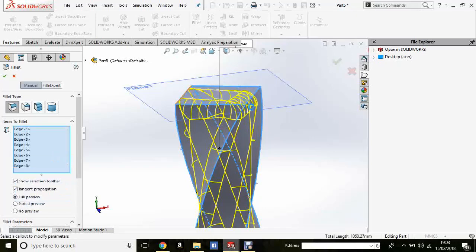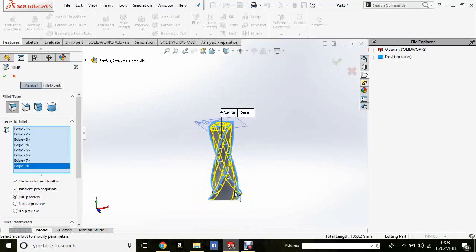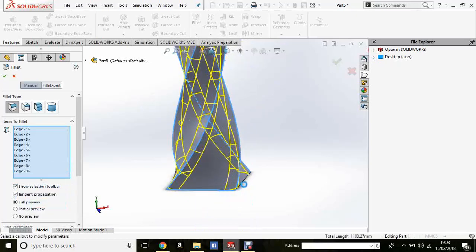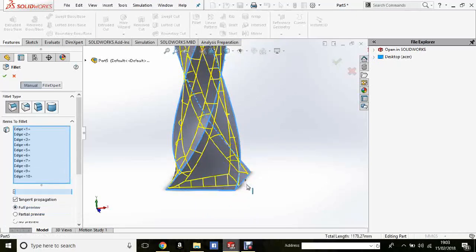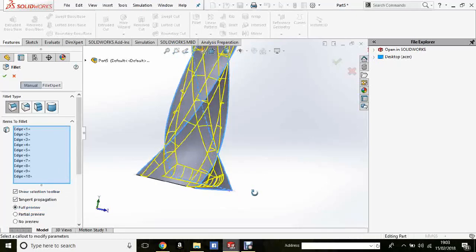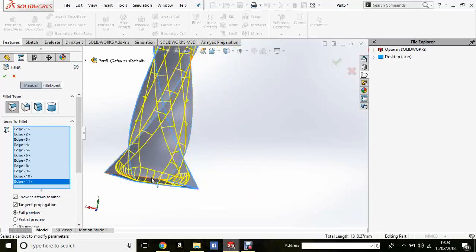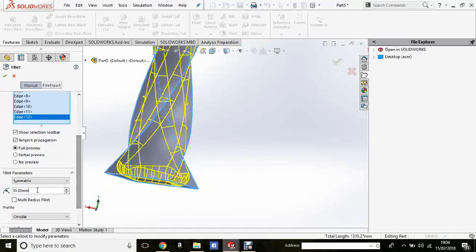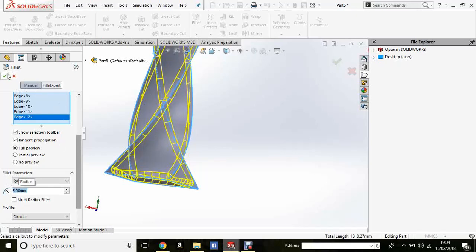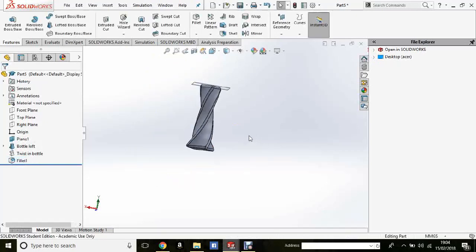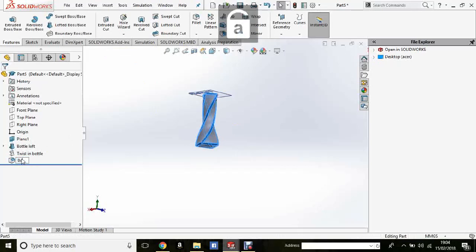So I think I'll most probably make this smaller, but you can make it as big or as small as you like, it doesn't matter. I'll just get the other 2 edges. One more left. So I'll most probably change this to about 5, something like that. As you can see, it's slightly changed, and click the tick once you're happy with the preview, and there you go. So if we just go F2 and bottle fillet,